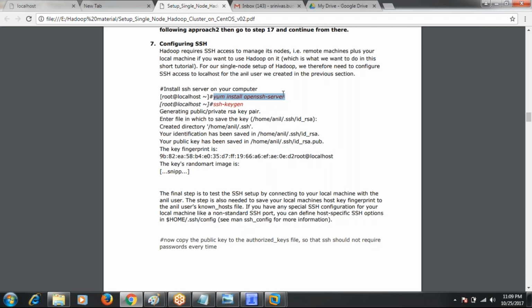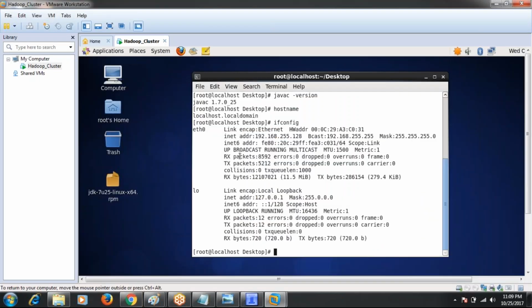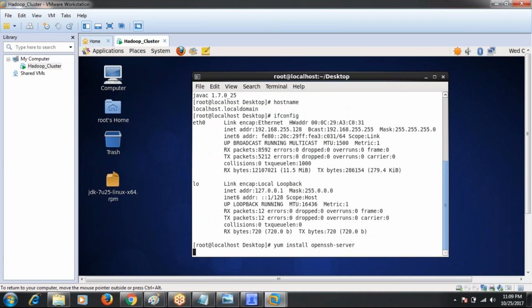If you want to install anything from the internet, you have to use the yum command. Whenever we execute yum install SSH server, after enter, it will download the SSH server from the internet.